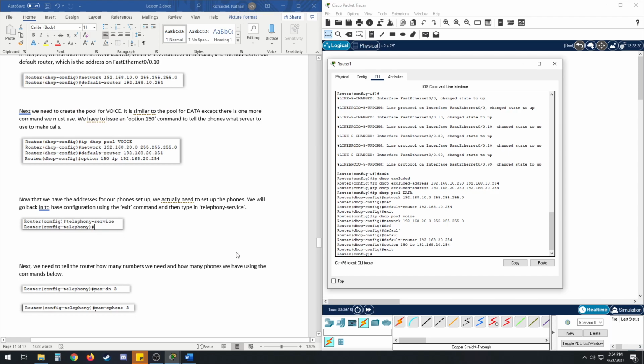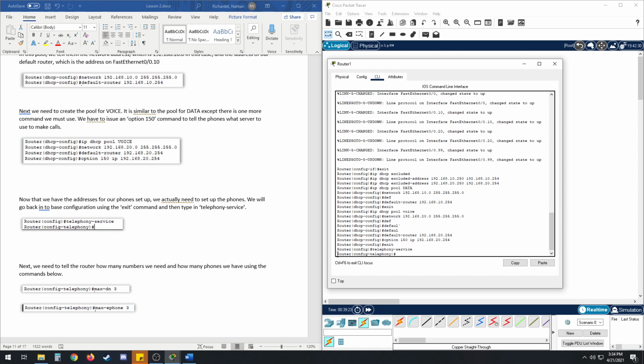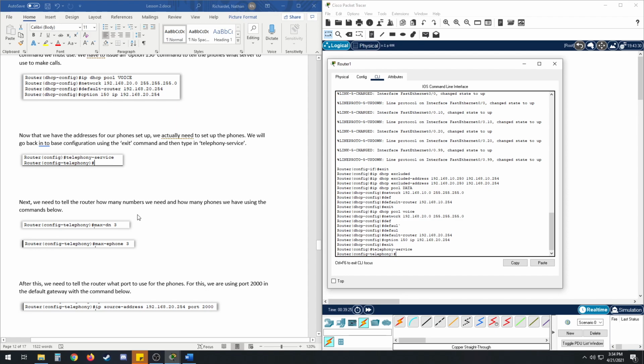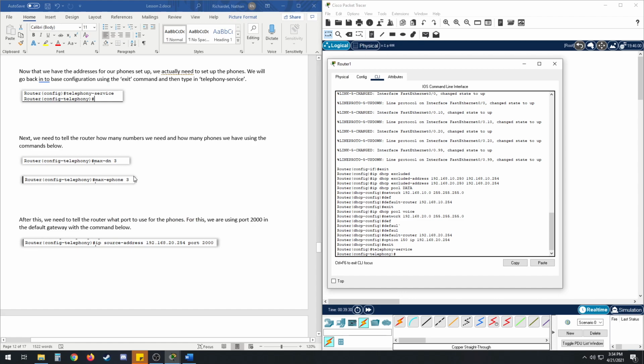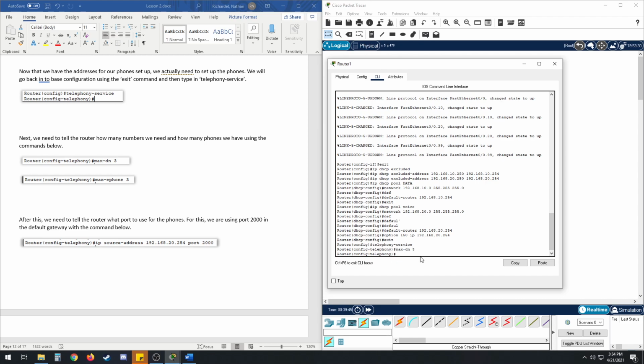So to do that, we're going to go in and type in telephony-service, and that will let us configure this. And in here, this is how we're going to set up our phones. So we need to know how many phones we're using. We're using 3, so we're going to use max-dn 3, and that's just how many numbers do you want it to have? We want there to be 3 numbers, so dn is dial numbers. So even though there's 3 dial numbers, we still have to tell it that there's 3 phones. So we're going to do max-ephones